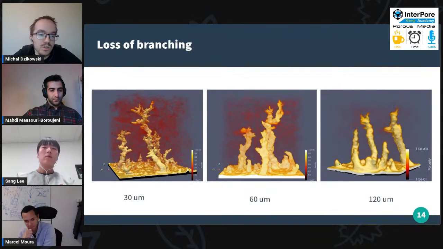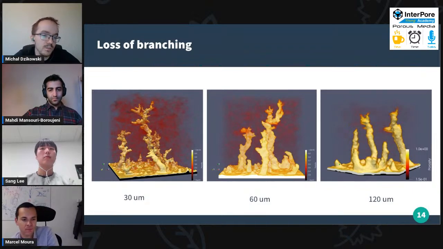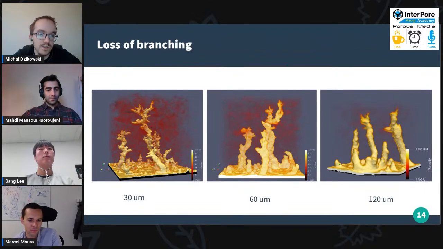And the effect of the resolution could also be very drastic. Starting from left to right, the left is 30 microns. It's just the resolution of the CT that we have, so there's no science behind it. That's the data that we had, and we reduced the resolution by a factor of 2. When we got to 120 microns, the same set of wormholes started to become just straight pipes. Even though the conditions are the same, there is not enough heterogeneity in the data set to capture all these tree-like structures.